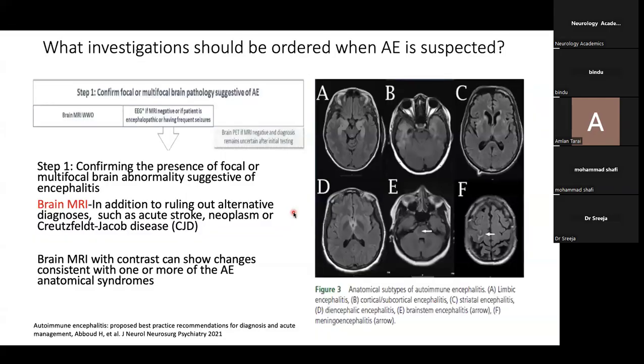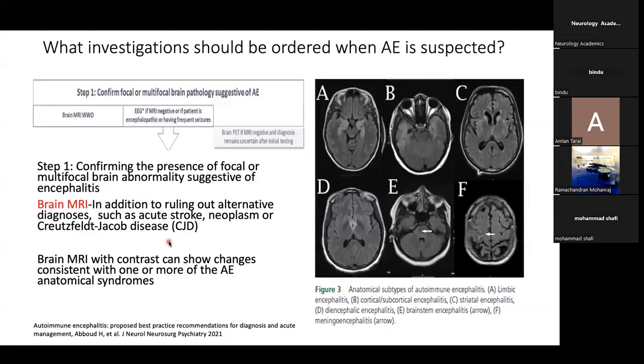What investigations should we proceed with when there is a suspected case of autoimmune encephalitis? How do we proceed step by step? Step one, we go for the MRI of the brain, confirming the presence of focal or multifocal brain abnormality suggestive of encephalitis. So that is the importance of the brain MRI, in addition to ruling out alternative diagnoses like acute stroke,